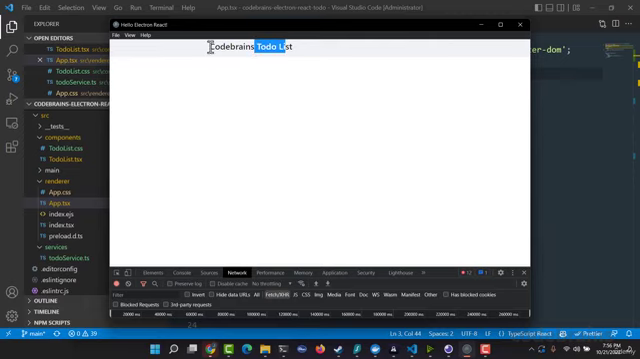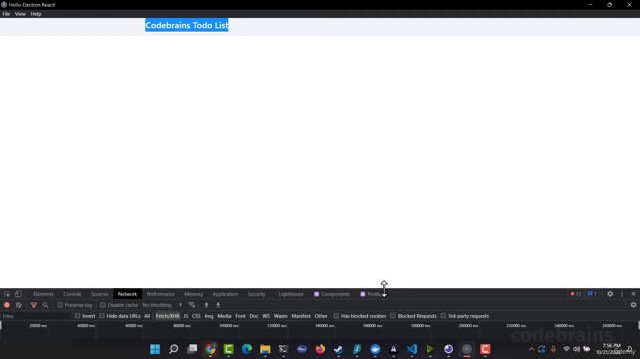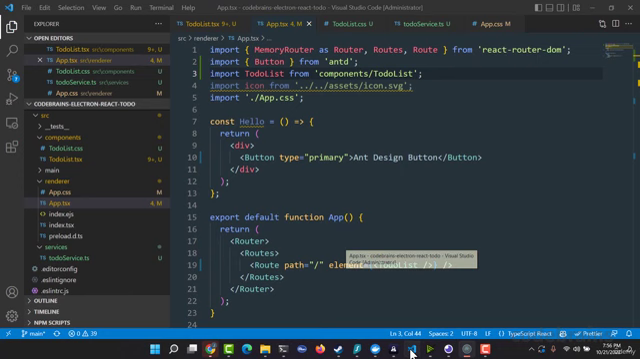Now we have this to-do list component here. We'll make some modifications to it using CSS, but in the next video, we'll start actually using the to-do service to pull in this to-do